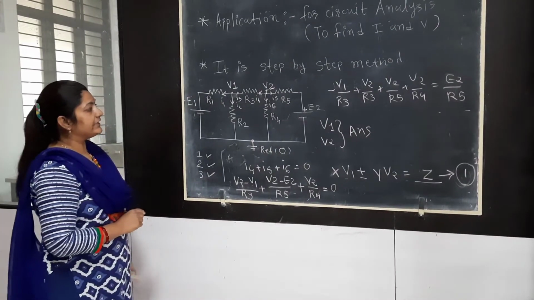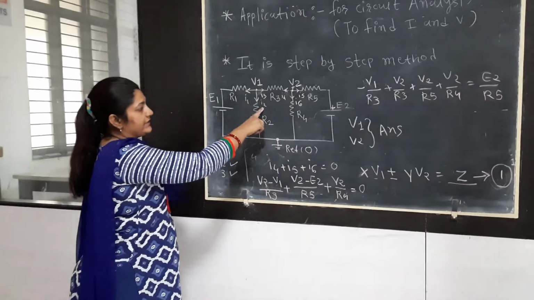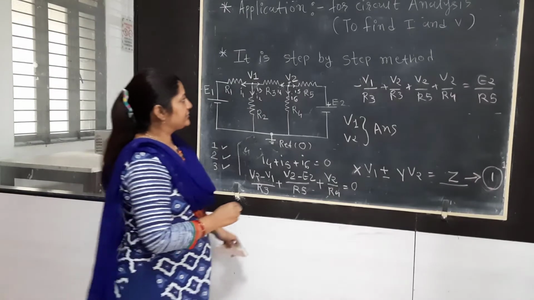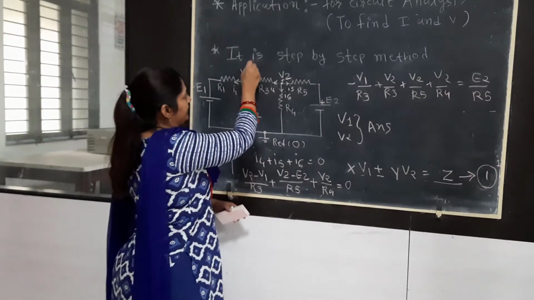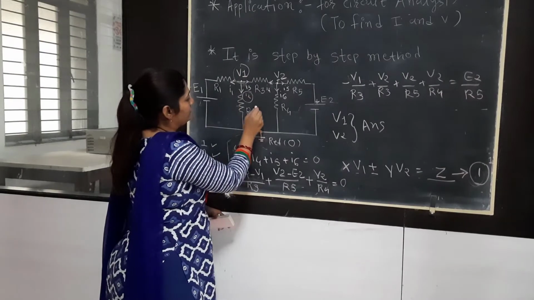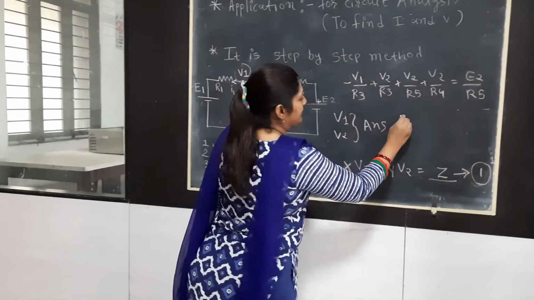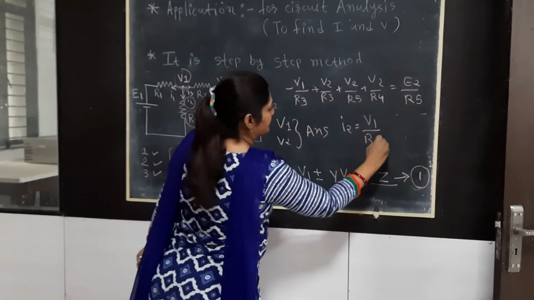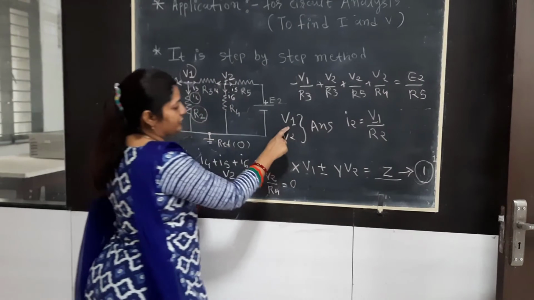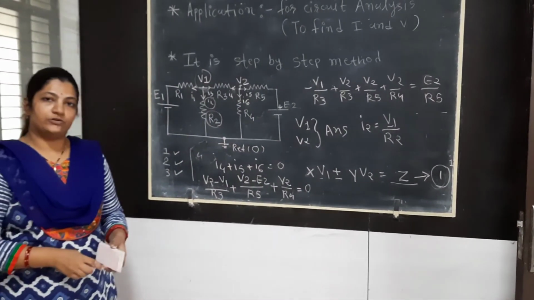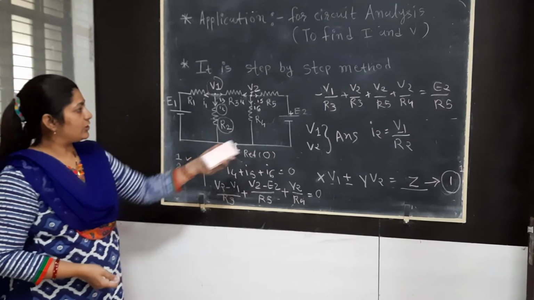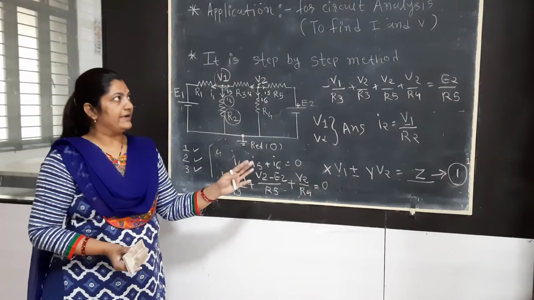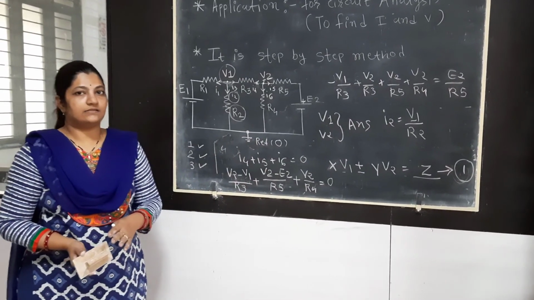Suppose in an example it is given to find out current I2, which is the branch current of R2. So how can we use this? We know the relation between V1, I2 and R2. Simply to calculate I2, I can use this equation where V1 is known to us and the answer for I2 will be available. Likewise, with the same logic you can find any branch current of the given network. So I hope your fundamentals of the application of nodal analysis are very clear.